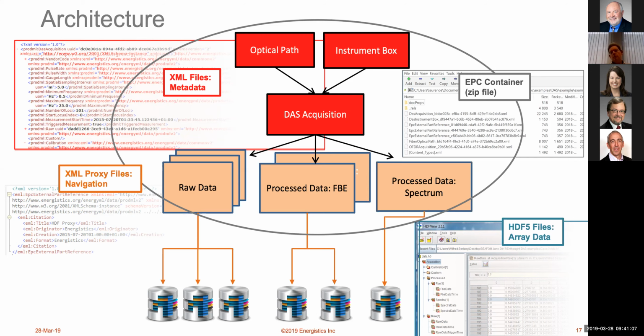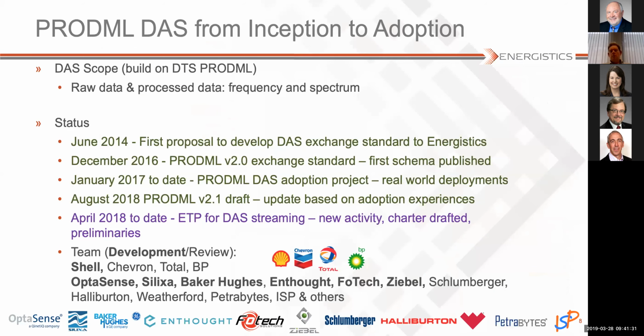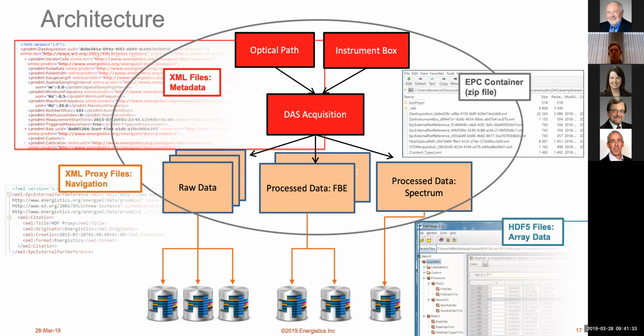And so it's just simply compressed and zipped together all the files that are needed to make the metadata part of the data set. So you actually end up with a manageable set of files. The whole transfer would be one EPC, which you can open up and get all these XMLs out, and then they all have links to each other. And then there'd be a package, one or more of these large HDF files with the arrays in. So that actually follows the pattern of RESQML.